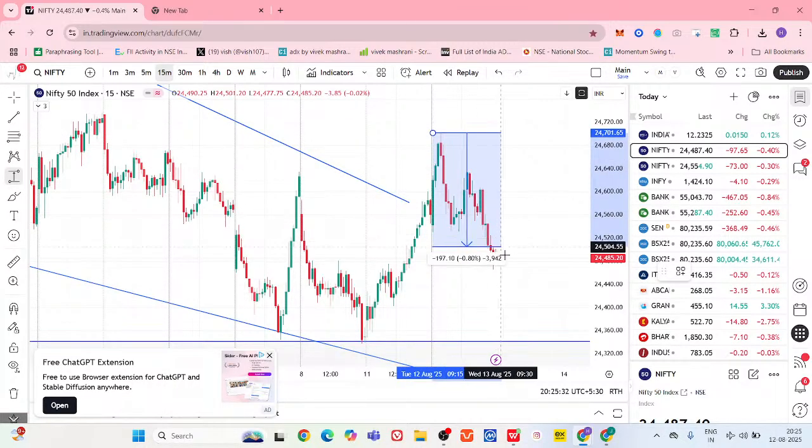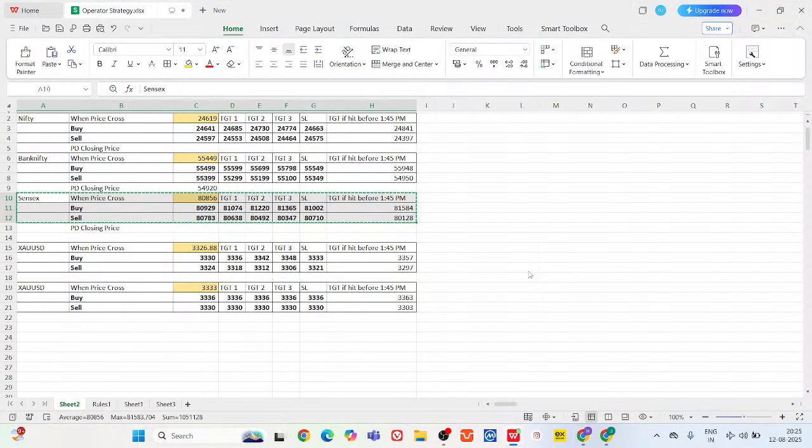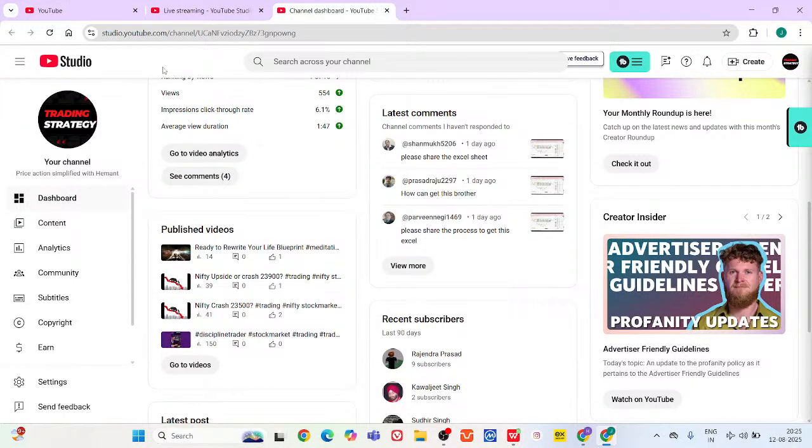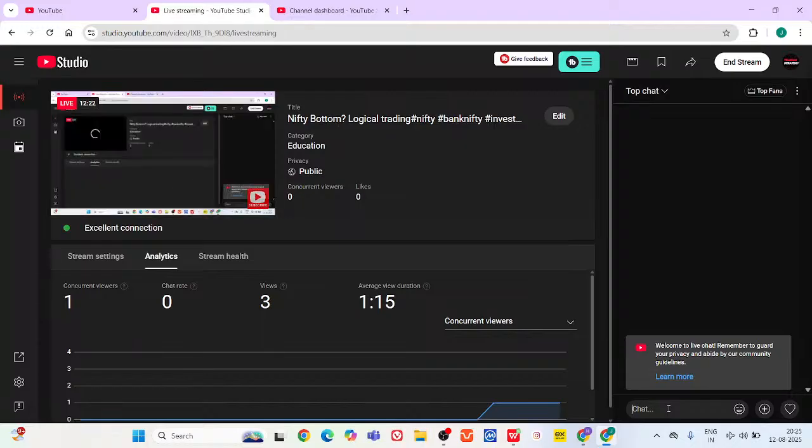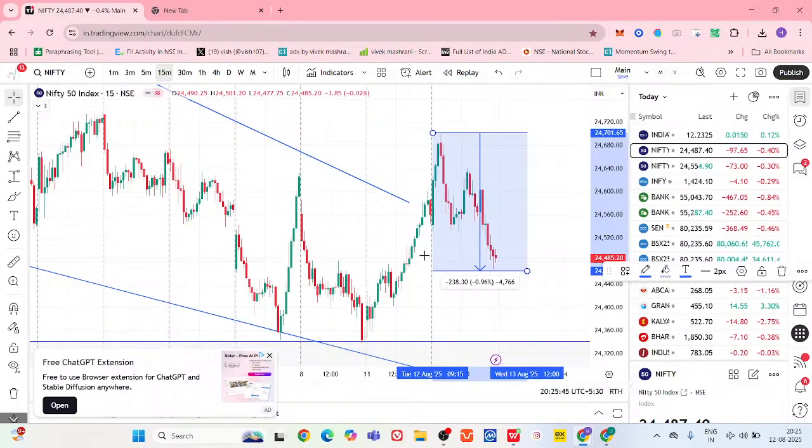Now, if anybody has any queries, you can please feel free. Earlier somebody had asked me about TCS, so let me share my view on TCS. I'll share my view on TCS tomorrow. Day after is Nifty expiry, so the premiums will definitely get